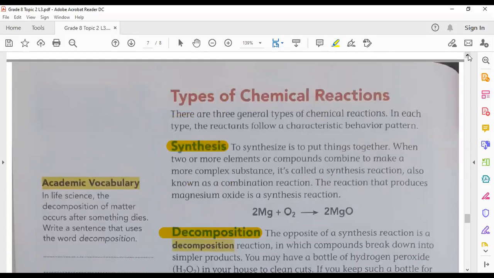When you combine, simply, synthesis, what is the meaning of synthesis? I don't mean in science, when you want to synthesize something, what does it mean? To put something together, and make something larger. For example, when magnesium combines with oxygen, when two or more atoms join together to make a larger compound, this is called a synthesis reaction. Okay, in this example,